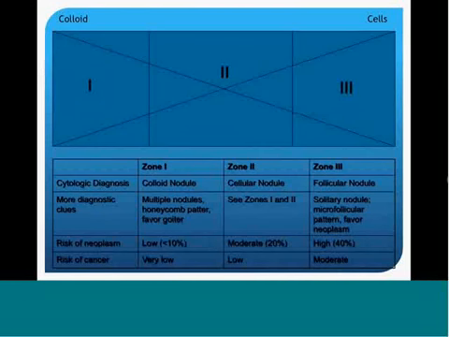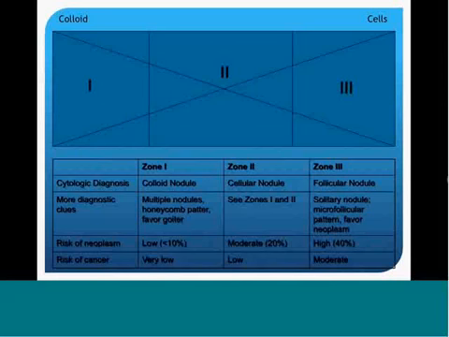Whereas if there are multiple nodules in a honeycomb pattern, you may favor nodular goiter. The risk of neoplasm in a zone 1 lesion is low, whereas in a zone 3 lesion it is about 40%. And the risk of cancer is very low in the colloid nodule, but in the zone 3 or follicular nodule, it's more moderate. Now, a lot of these features are obviated by the advent of molecular testing, because